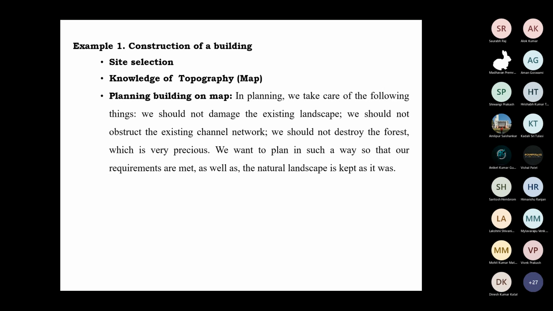Suppose there is a river, and you are planning to make a building, and you don't know there is a river. Sometimes you will face a flood there. You see in India, in flood time, in low-lying areas they are all affected by the flood. I think it is a common problem. Yes or no? Yes, sir. They are living in the low-lying area, there is no other home for them. That is a different issue.